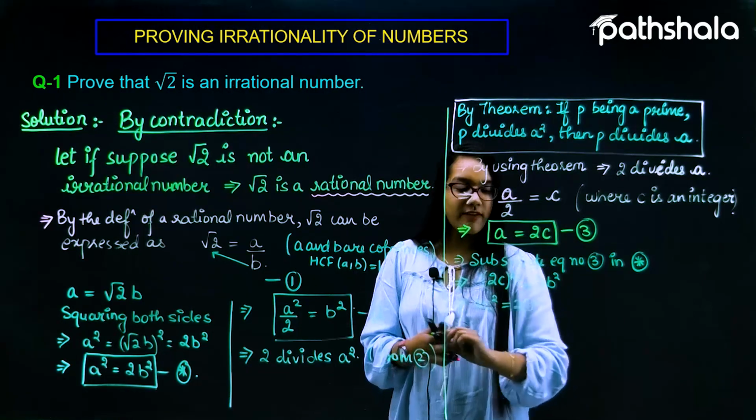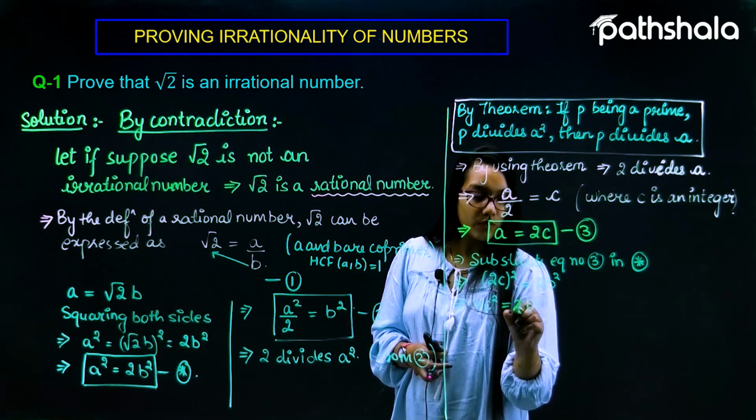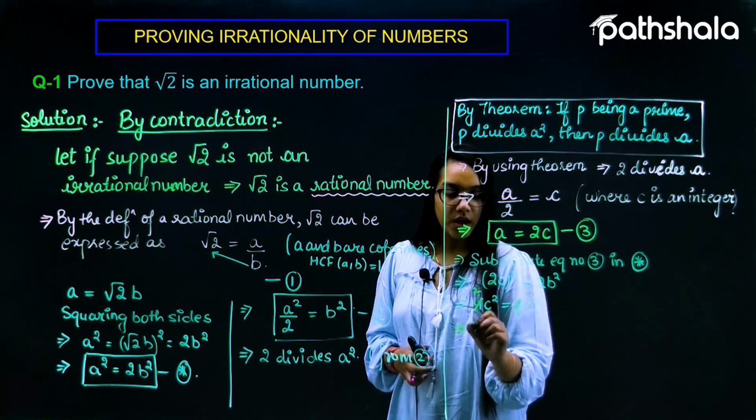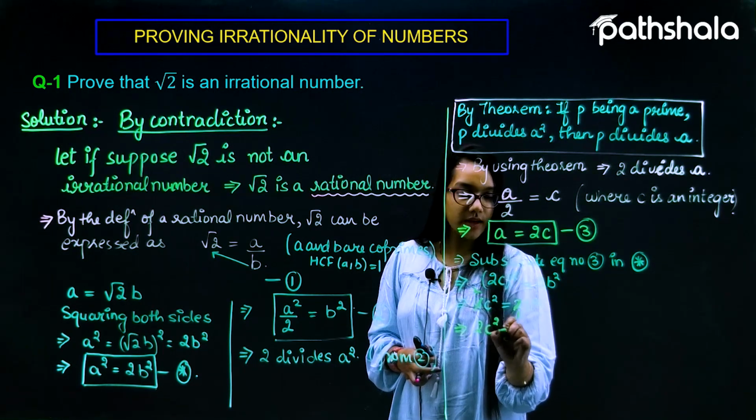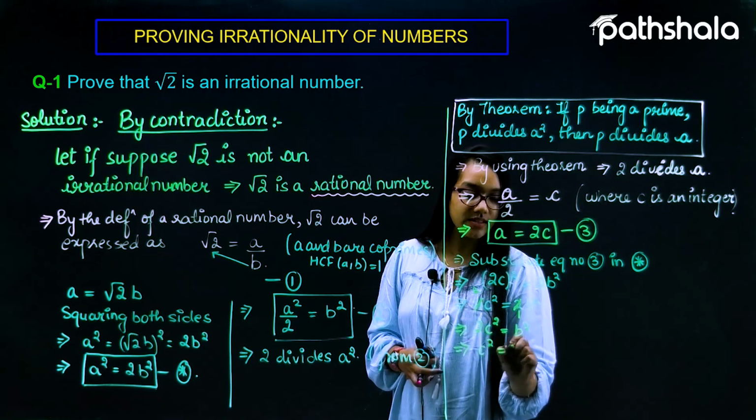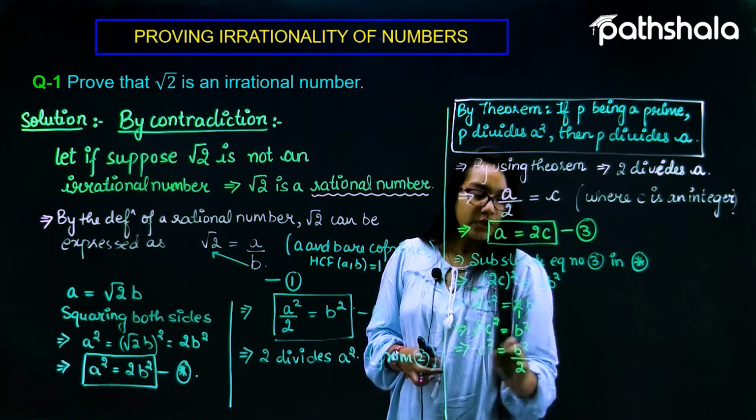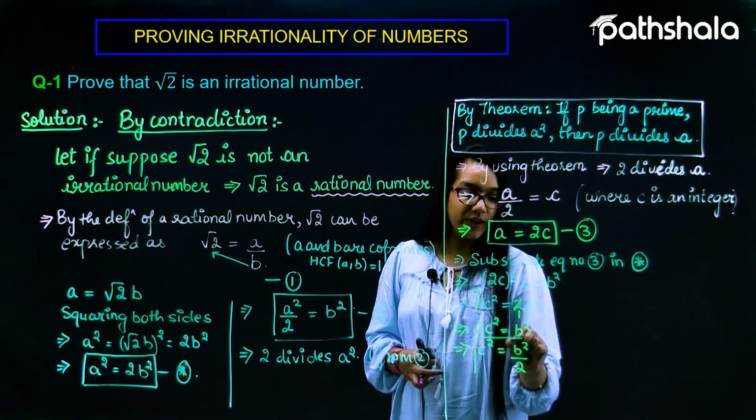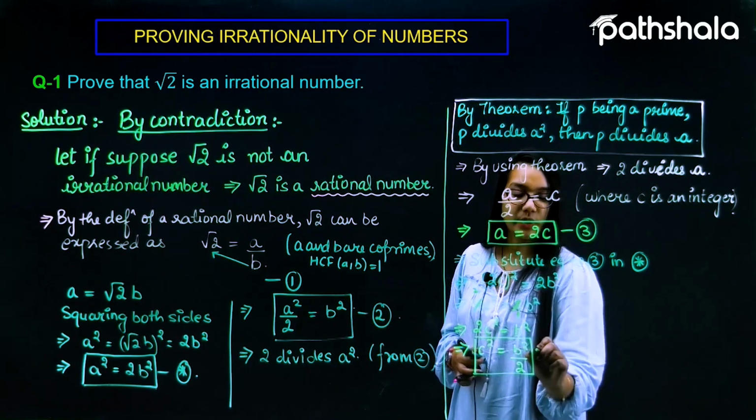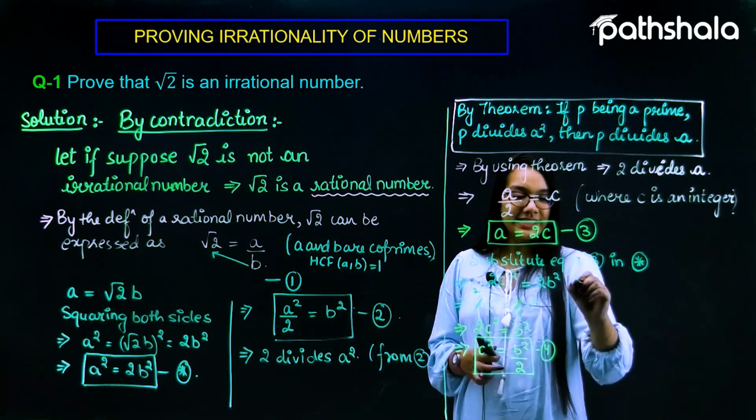We can cancel out the values as 2 into 1 is 2, 2 into 2 is 4, so the remaining equation will be like 2c square is equal to b square. Furthermore, we can say that c square is equal to b square by 2. So from this particular equation, let us suppose I'm calling this equation number 4, we can say that